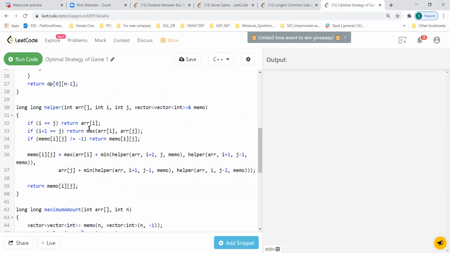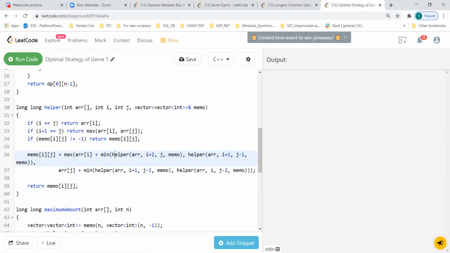So the way you are showing is a slight difference from what Abhishek was talking about, correct? If you forget the base cases for now, the max you are surely taking has two cases. One is if I'm starting from the left side: array of I is the left side and this is the right side. Alex starts from the left, so I take that value and then the minimum of whatever Alex is going to play. Now what if I play I? Lee might take I plus 1.